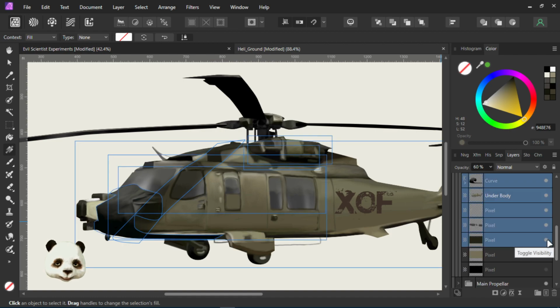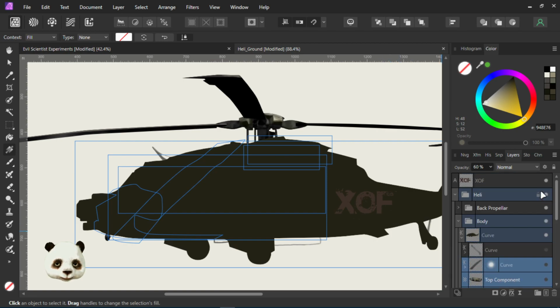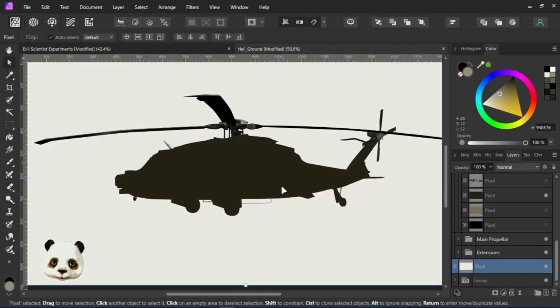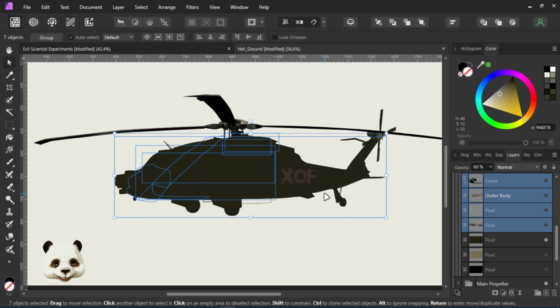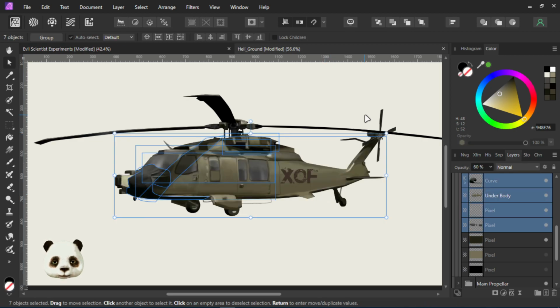So if I would disable this, this is the silhouette that I have. So this is basically the silhouette of the helicopter. And inside the silhouette, we will never spill out the color because we're always drawing inside the mask. So how did I achieve this? Actually, it's quite clever. And this is kind of one of the reasons why I like